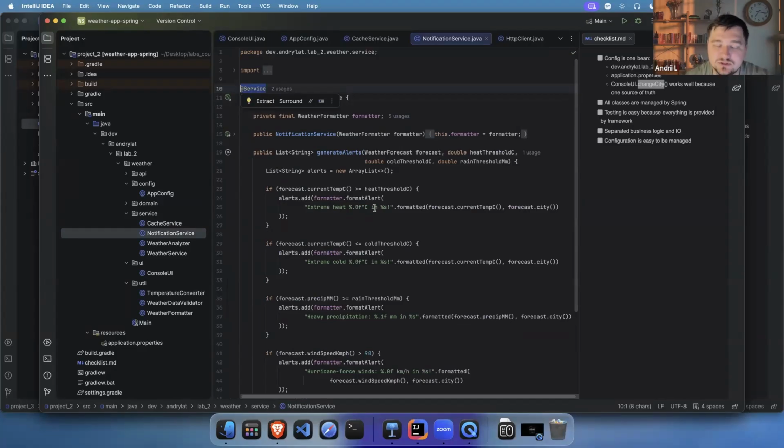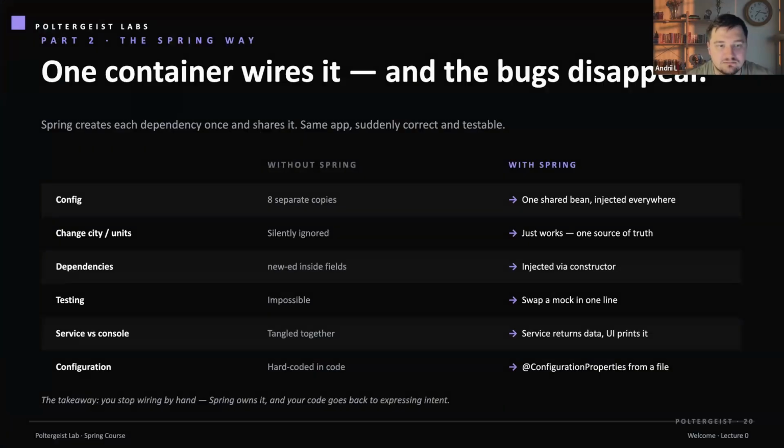But under the hood, there is no magic, only the reflection API and proxy API, where Spring creates objects using reflection, calls constructors directly, and so on. We will discuss how it works exactly. Yeah, so I discussed everything I wanted. Here on this slide, we have some checks that configuration is easier because it's one class,